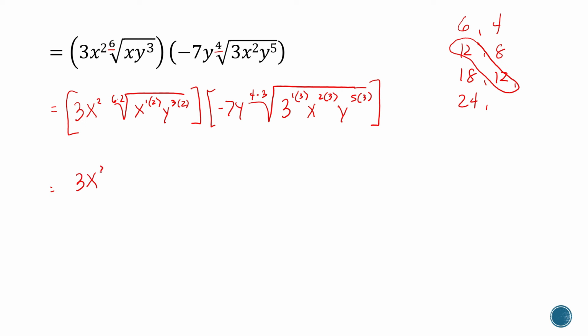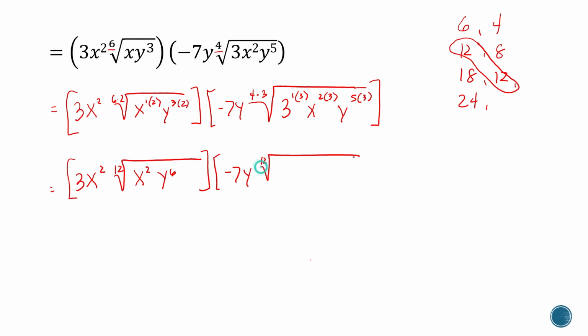This will be 3x squared, 12th root of x squared, y raised to 3 times 2 is equal to 6. So we're done with this radical. This is negative 7y, 12th root of 3 raised to 3. Let's evaluate that one. That's 27, right? And then x raised to 6, y raised to 5 times 3 equal to 15. Now we can multiply the coefficients. 3 times negative 7 is negative 21. X squared times y is x squared y. 12th root of